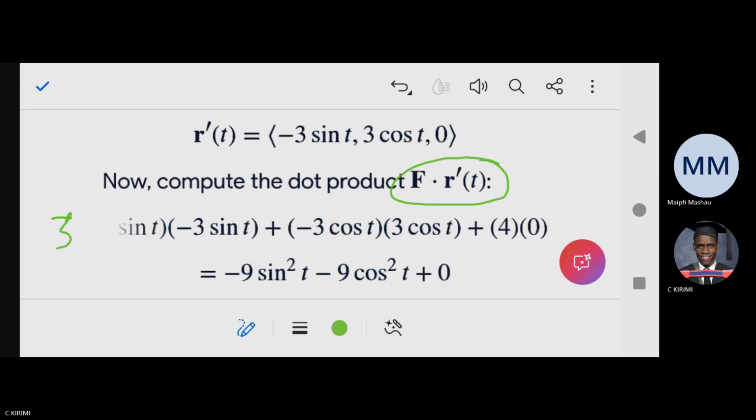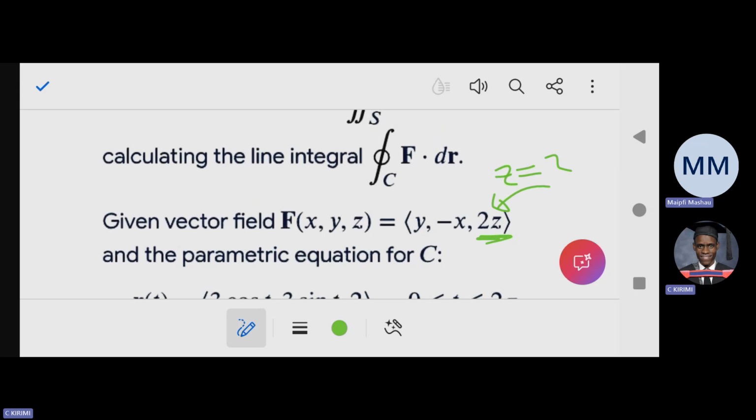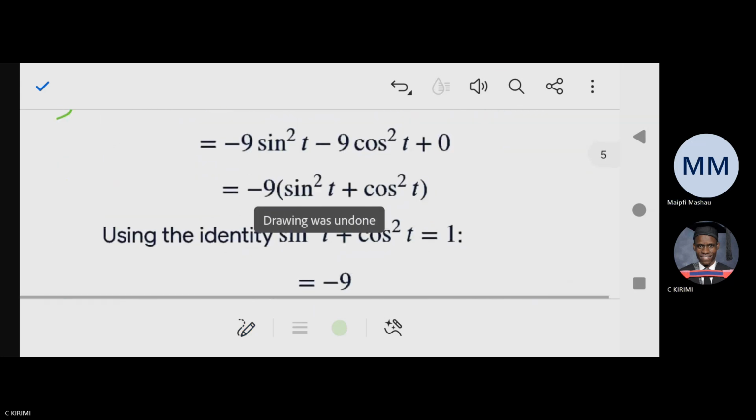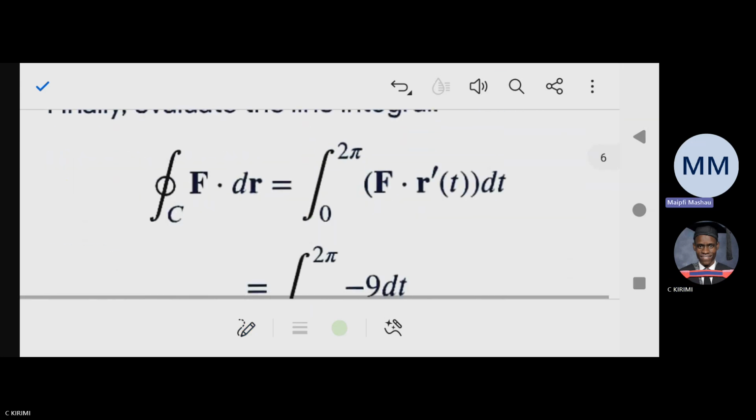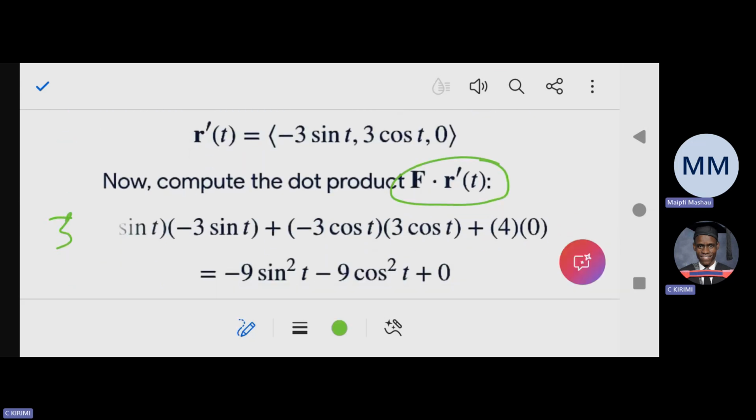But here, remember the coordinate of F. If you go to F, what is the coordinate of F here? It's saying y. Can you see? The coordinate of F is saying y. So in terms of the parametric equation, we said y is 3 sine what? Y is 3 sine t. That is the value which was there. It's 3 sine t multiplied by the first component of